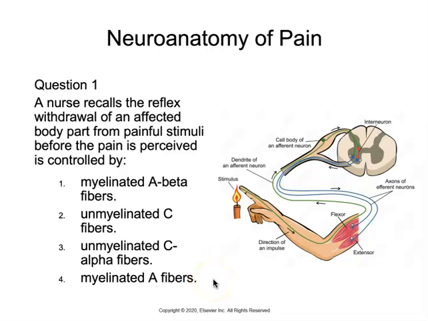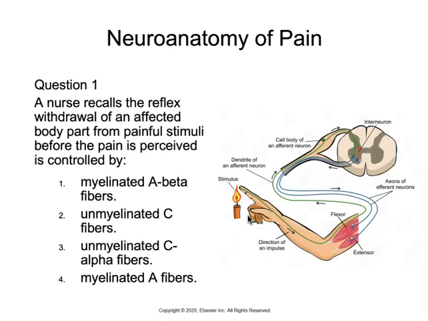So which one of these do we think it is? And my little hint is going to be that this is going to be a fast impulse. It's going to be an intense pain, right? So that should give you a clue that it is going to be our A fibers. Specifically, it would be our A delta fibers that would cause a fast transmission and the reflex withdrawal of that